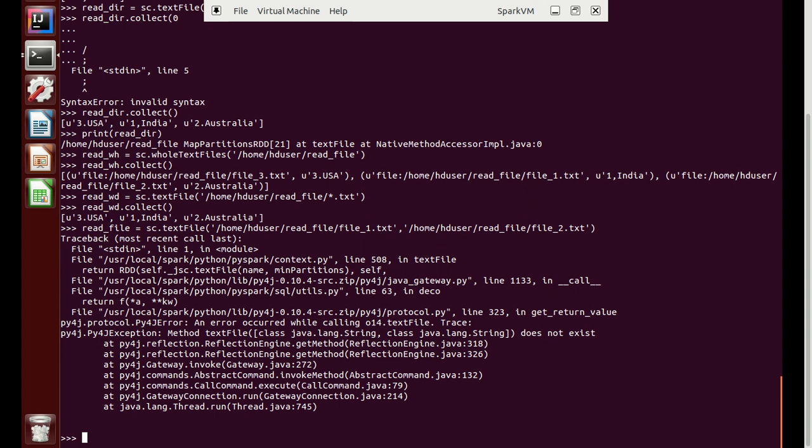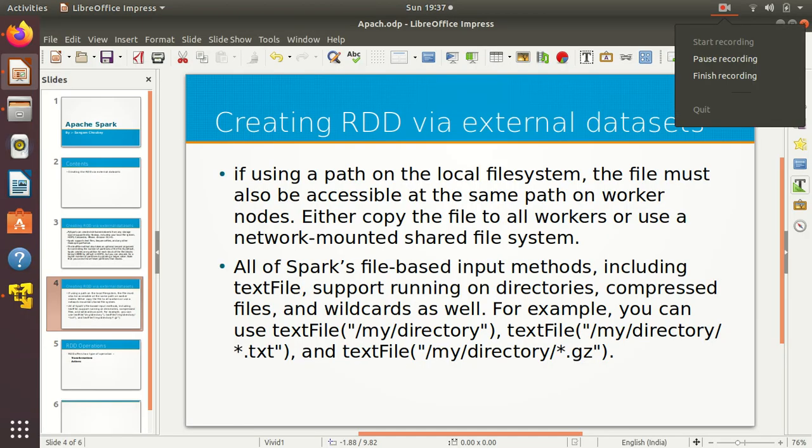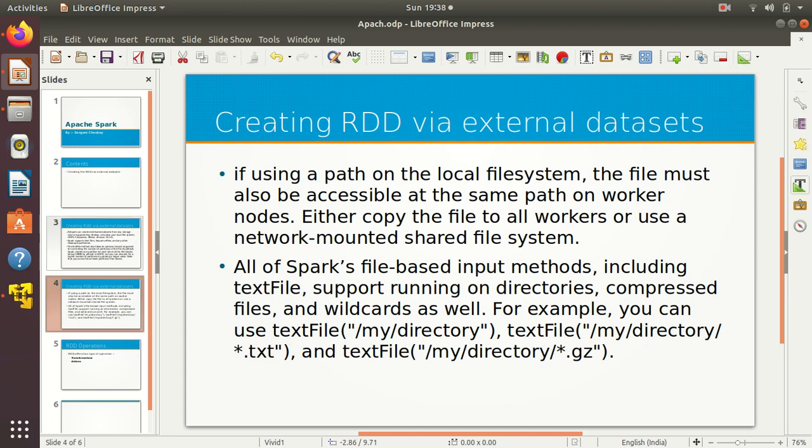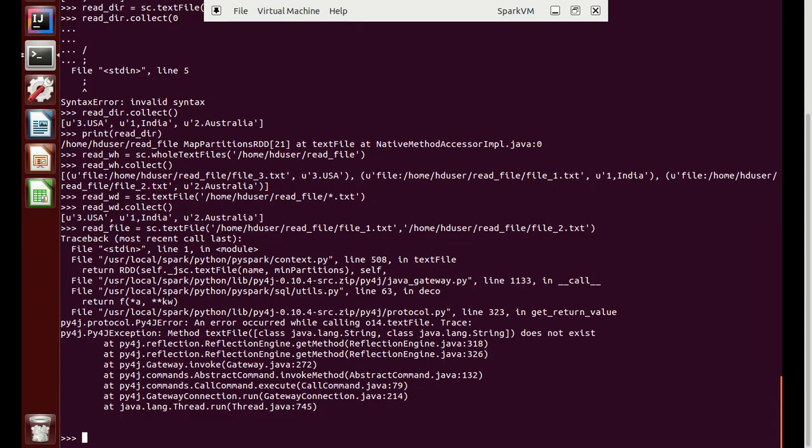An error occurred while calling z:org.apache.spark.api.python.PythonRDD. So why is it like this? Let us see the error and try to debug it. Just hold on for a second. Sorry for the multiple issues, I have a lot of disturbance. Okay, we are reading the file. So what we can do is start debugging. Is there something we might be forgetting or not doing correctly? I'm not sure. We'll try to read.